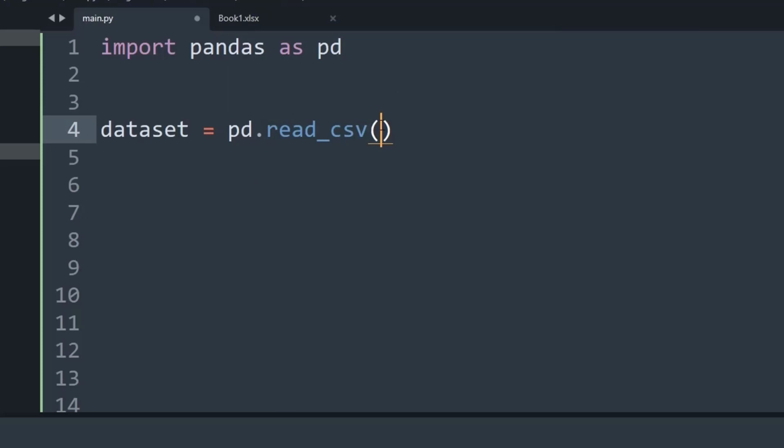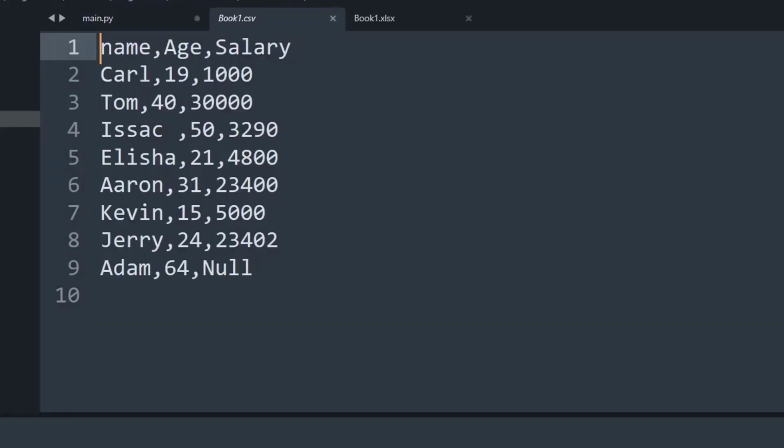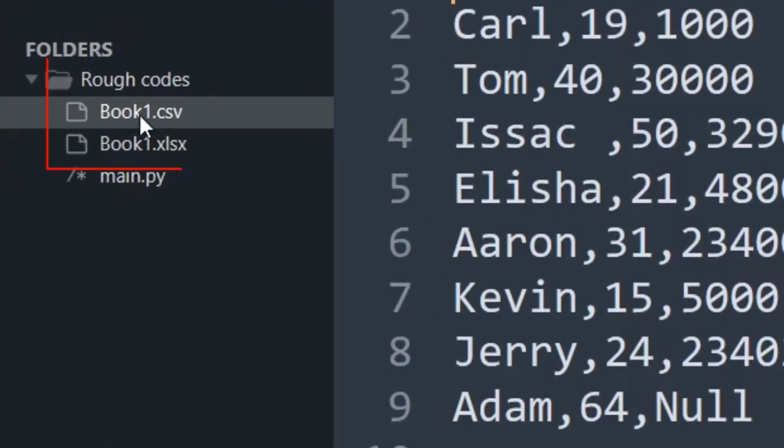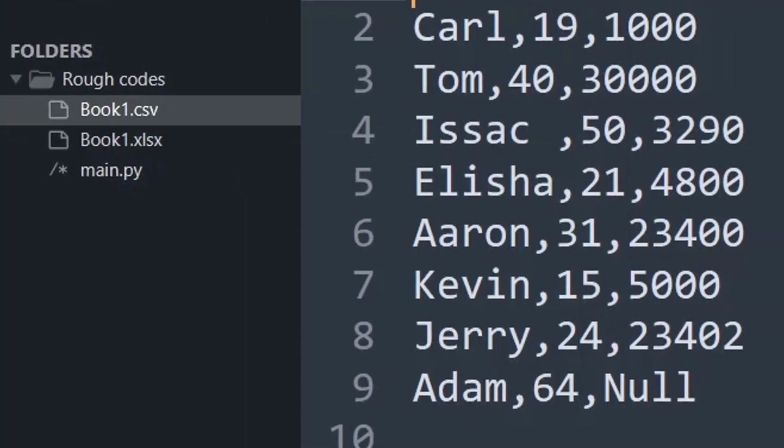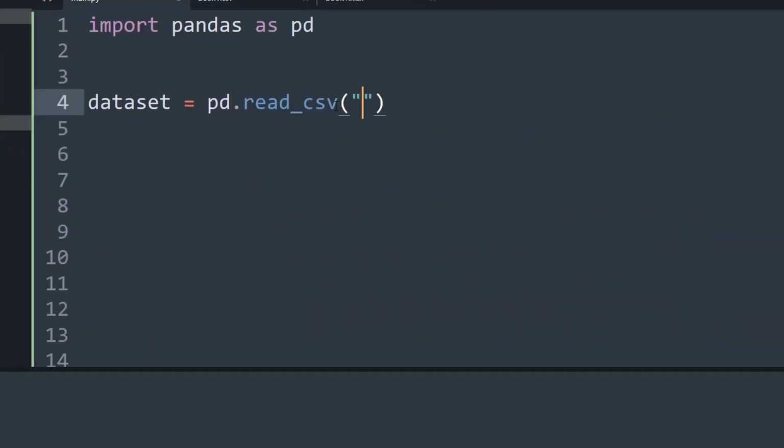For that, in the argument section, I will put the name of the CSV that I'm working with. And as you can see over here, the name of my CSV file is book1.csv. So in the arguments, I will say book1.csv. And now let me just print my data set.